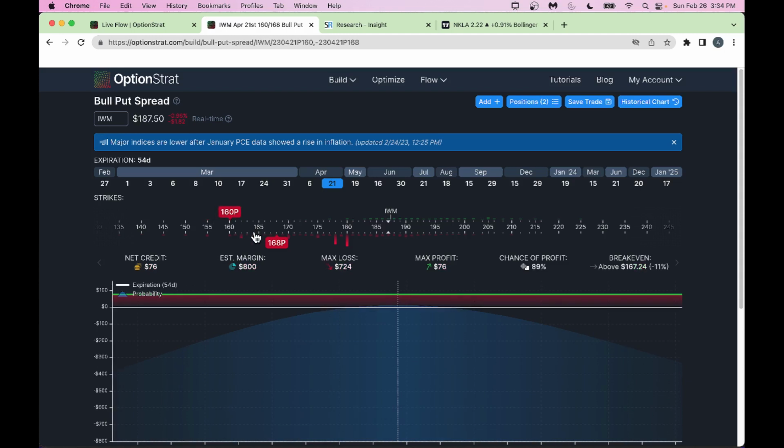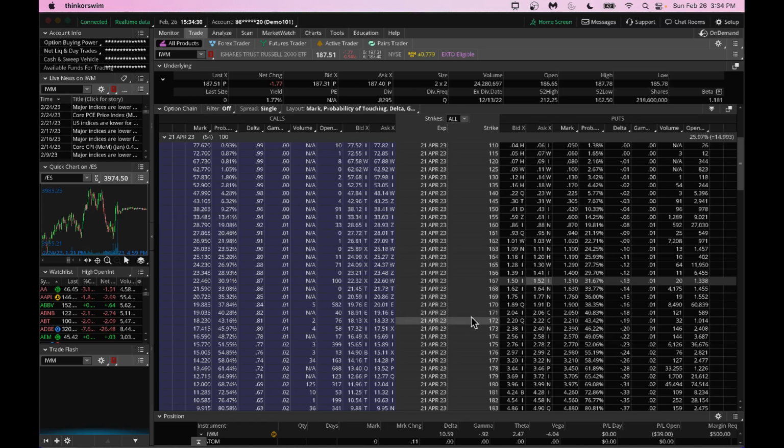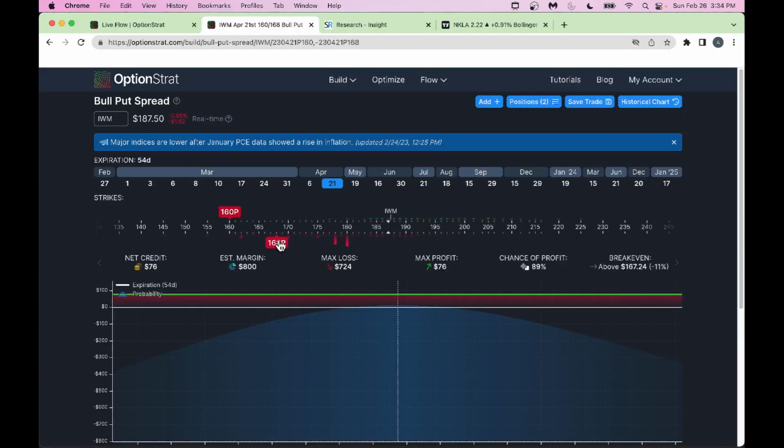You could go in here, or we can even look at 170 here. If you look at 170, it has got 16%, a little bit more for me. Let's go to 169 here. Let's go to 169, and let's see, 160. That's good enough. It's a $9 wide spread,